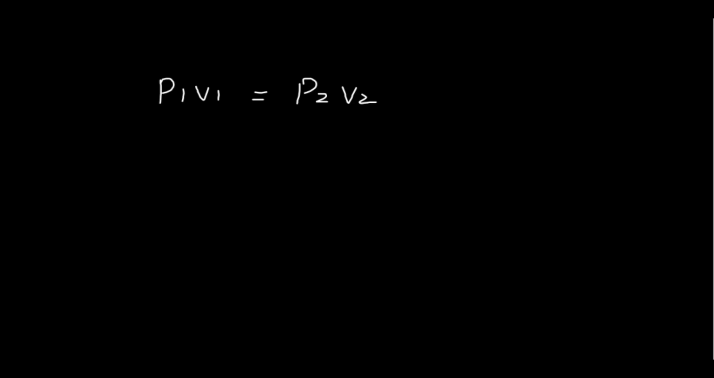Now we will substitute their values. We know the initial pressure is 1.05 atmosphere, while the volume is 2.5 cubic decimeter, is equal to the final pressure 2.1 atmosphere multiplied by the final volume which is given is 1.25 cubic decimeter. Now we will calculate here. If we multiply 1.05 with 2.5, we will get the answer, that is